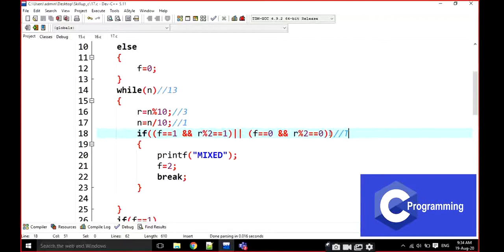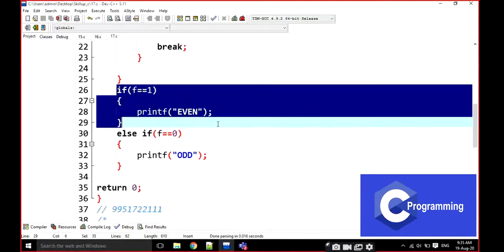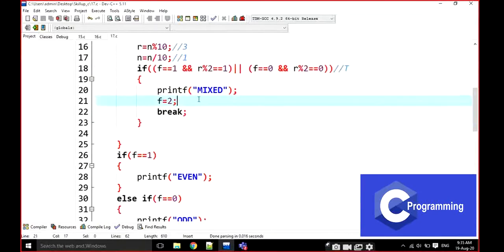Then it goes here and checks, is f equal to 1? Yes, then it is going to be printed as even. No, that's why I am going to modify the value of f to 2. That means it is going to represent the mixed one.